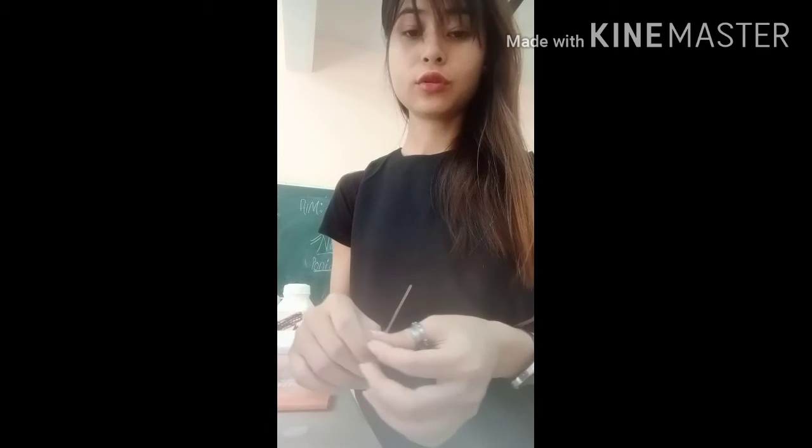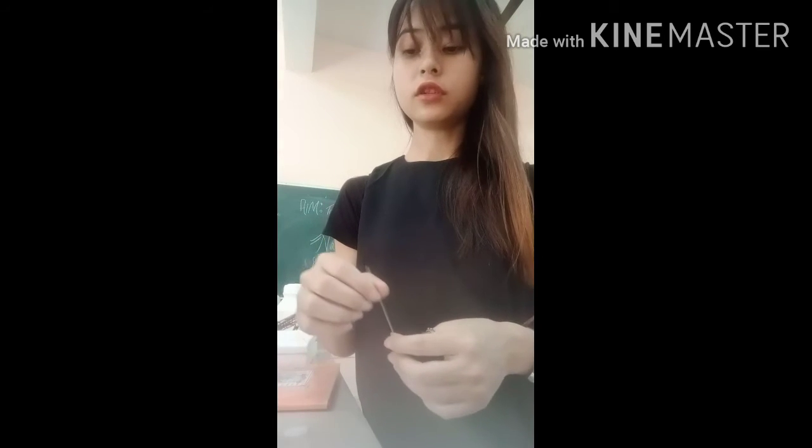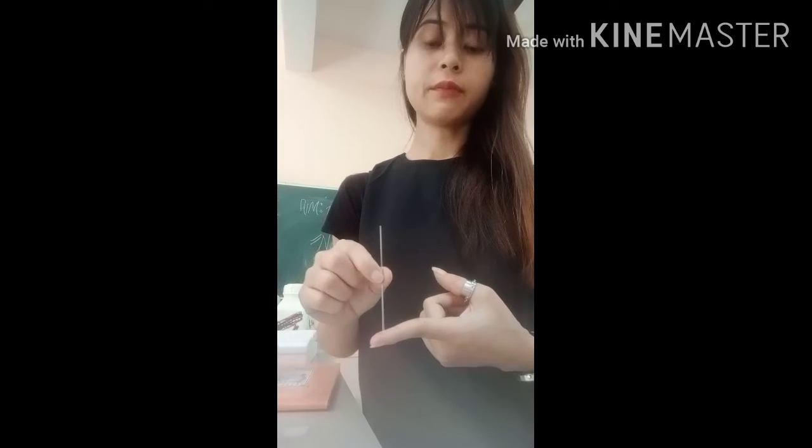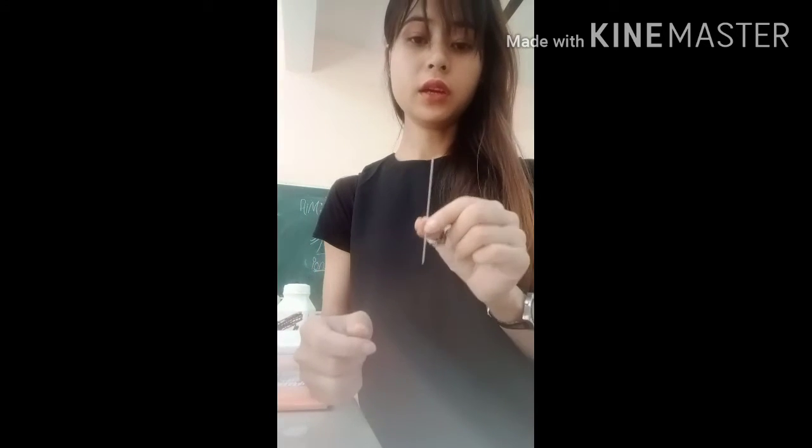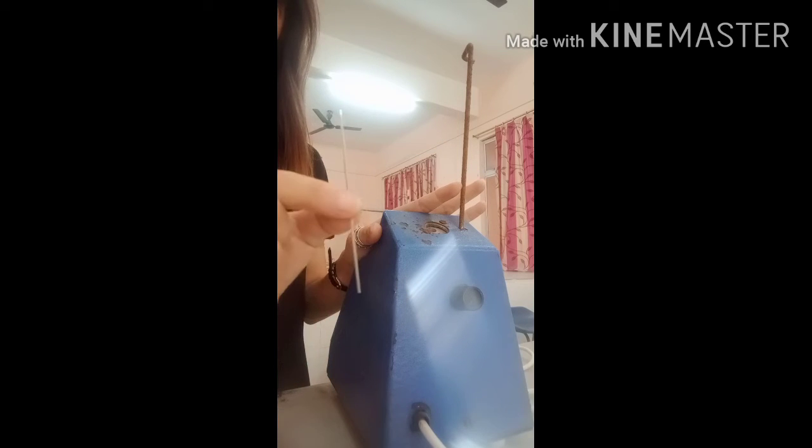Now we are going to see how we will do the procedure. After we finish preparing the sample, the next step is the procedure. First, we will insert the capillary tube. This is the capillary tube. After we fill it with the sample, we will insert this tube containing the sample into a slot. This is your slot, which you can see here. These are the 3 slots. You can even put 3 samples in at the same time.